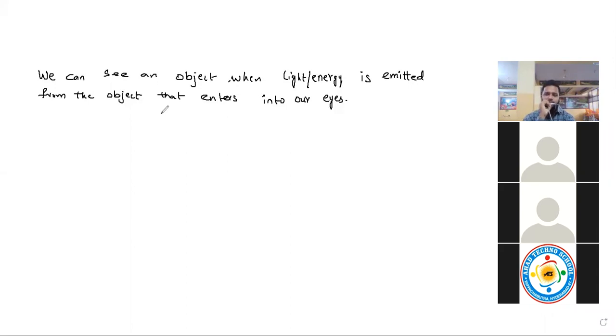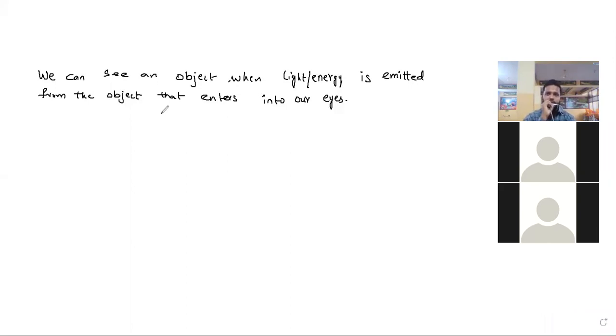In a dark room, are you able to see any object? For example, the time is 2 a.m. in the midnight, the light is off, and you feel hungry. Could you find any item in the dark room without any light? No. That's the thing. Because of that, we need light. Light energy is a must in our daily life to see any object.